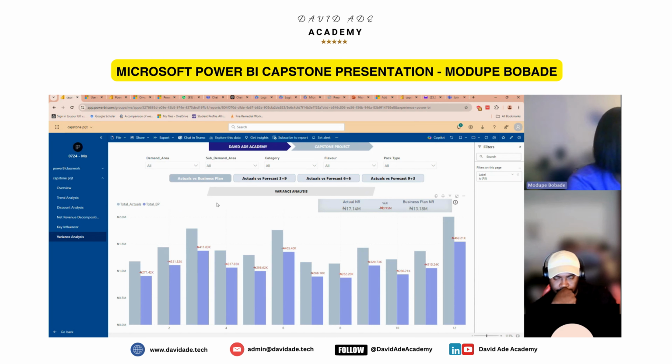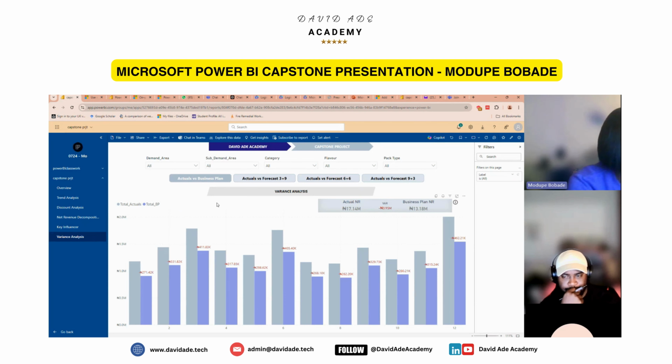So what we have here is basically a chart that shows the actual versus the business plan, side by side, and it projects the variance on each of these, so that by seeing it, we can know which particular month had the highest variance. And here we have a tile that shows the actual net revenue is 17.14 million, and the business plan net revenue is 13.18 million, while the variance, which is the difference of these two, is